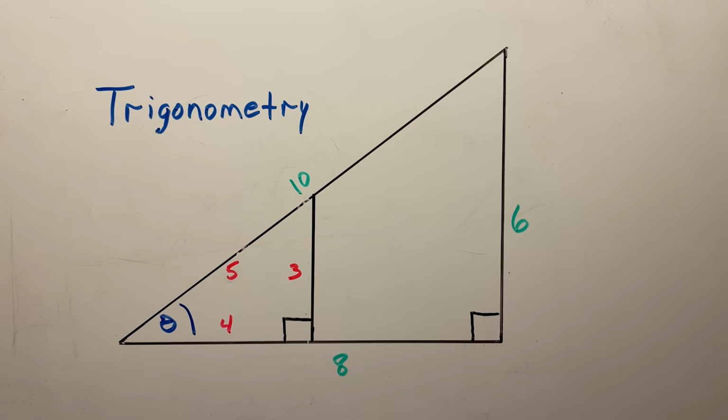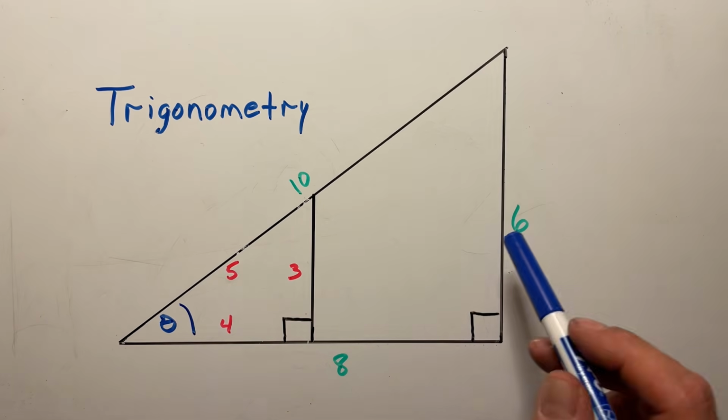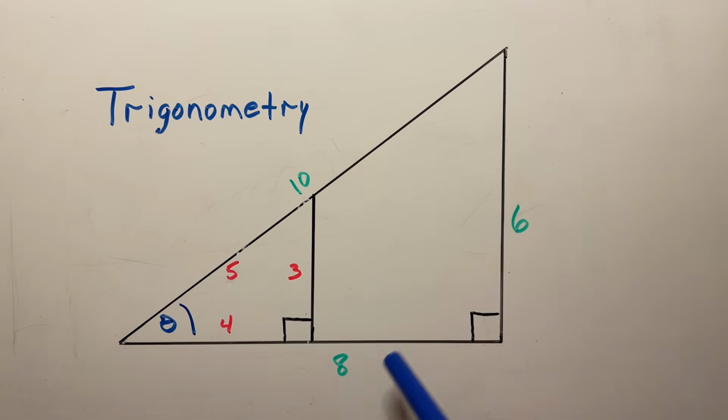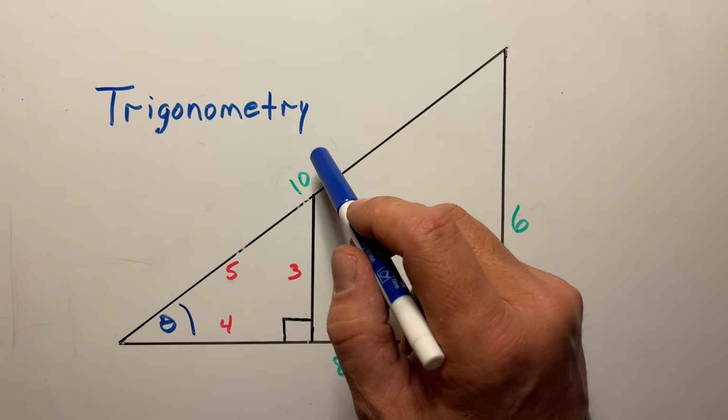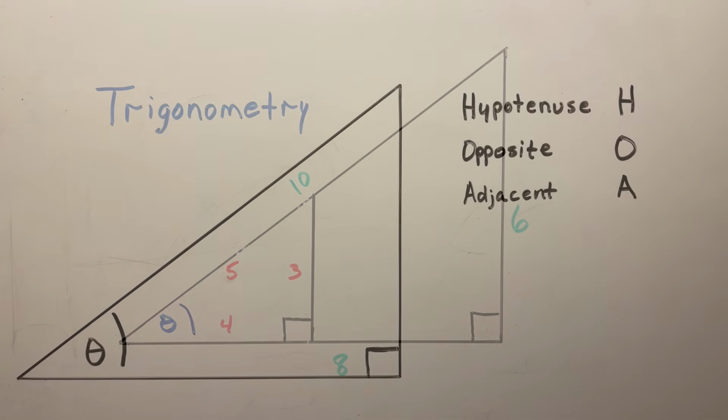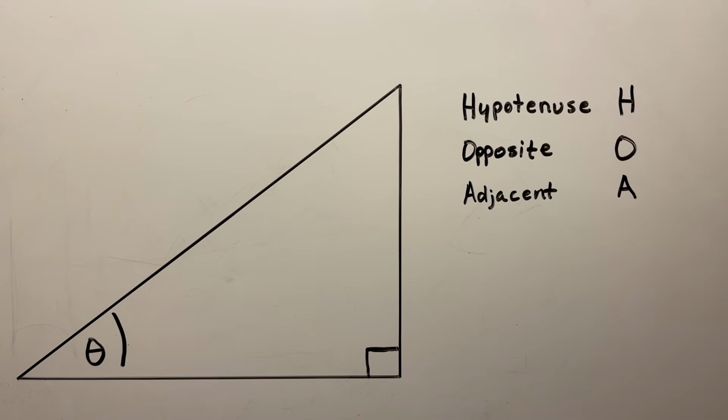And that is how we use trigonometry. For given angles, there will be a ratio between this side to this side, between this side to this side, and between this side to this side. And we're going to go over the three basic trigonometric functions, how to use them, and how to implement them right now. So the fundamentals of trigonometry begin with being able to properly identify and then label the sides of